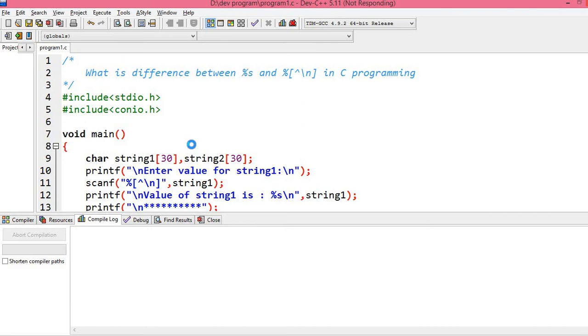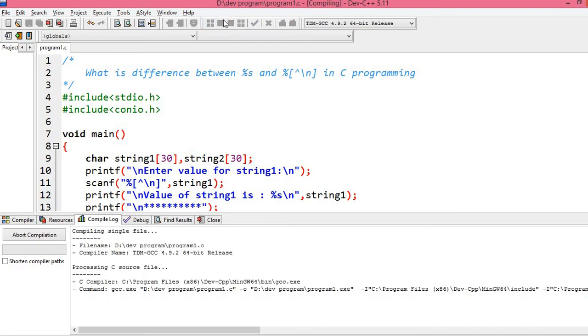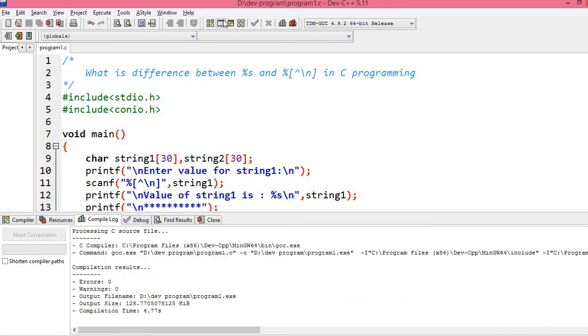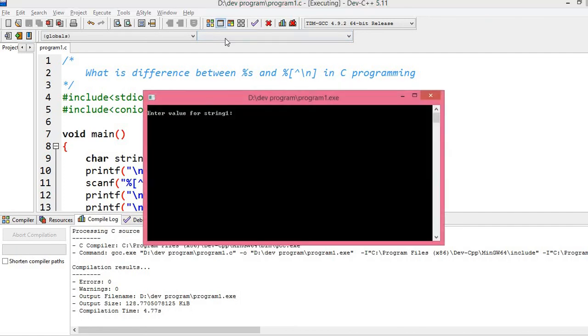You need to be careful while writing this particular code. For example, some students write print only, or either they forget the t or they forget the semicolon. Okay, successfully compiled. Now run this program.